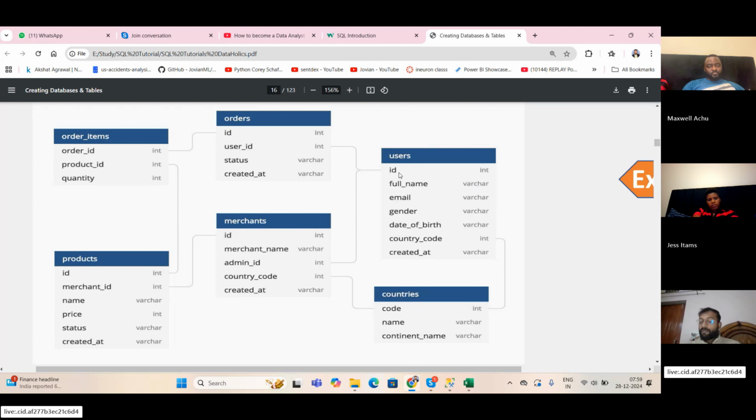For the US government, you have a social security number. That's unique for every citizen of the country. So that's how the government identifies you, by a unique identity. Similarly, in a relational database, every table will have a unique ID, right? So this is a user ID, full name, email, gender, date of birth, country code,